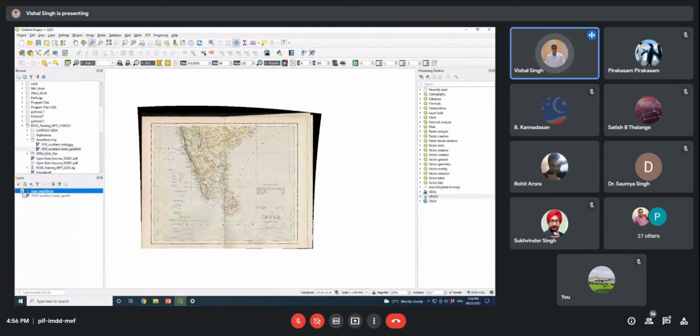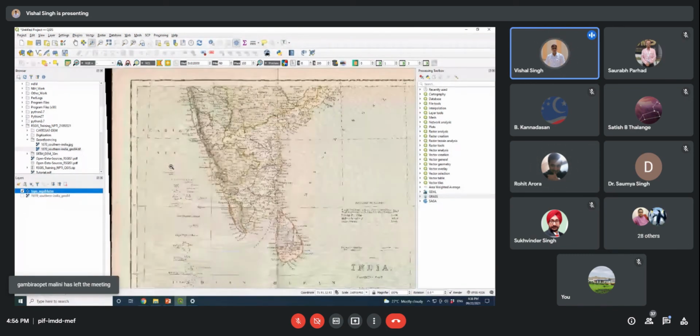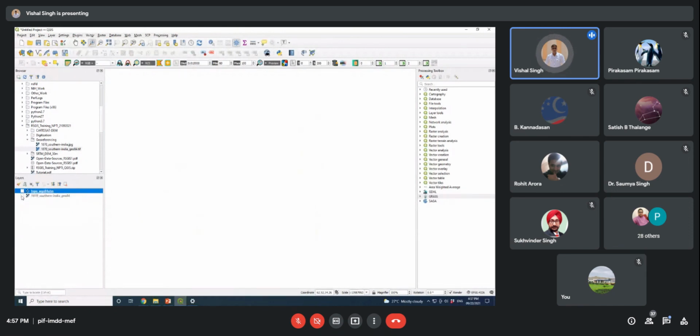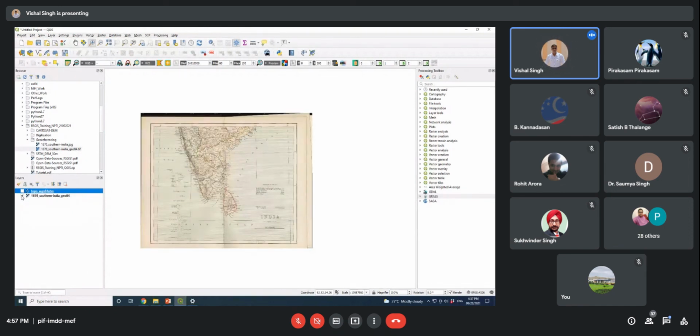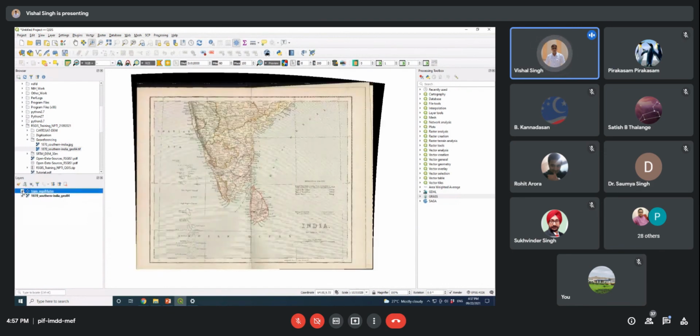If you can see this map, now it is transformed from the geographic coordinate system to the projected one. So you can see the difference. This is the shape of the geographic map, and this is the shape of the UTM 43.